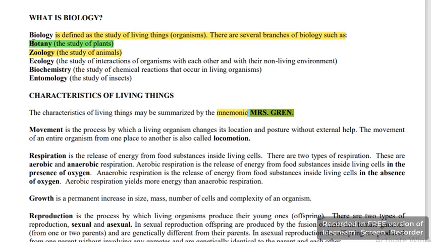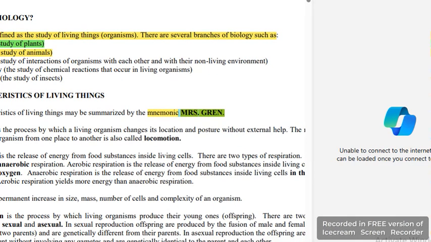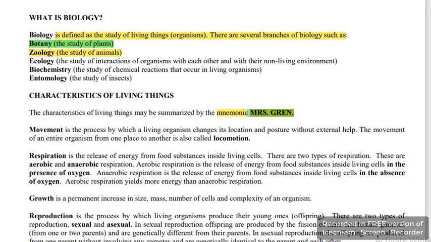The word bio, B-I-O, stands for life. Then logy stands for study. So this means that biology is the study of life. There are several branches of biology, and these branches are: number 1, we have botany, which